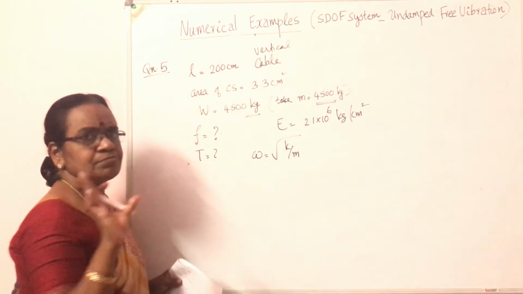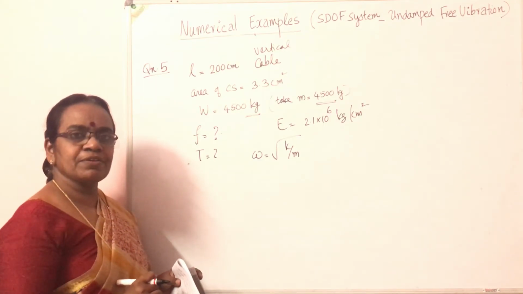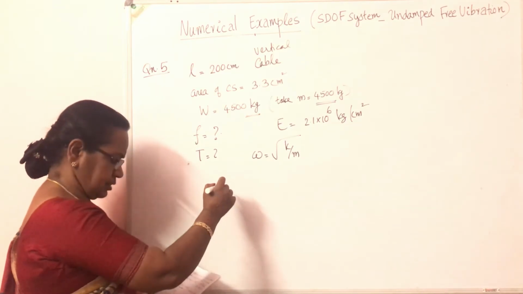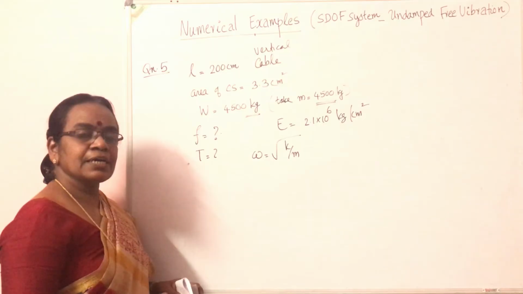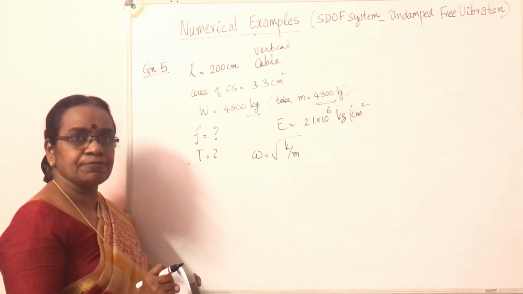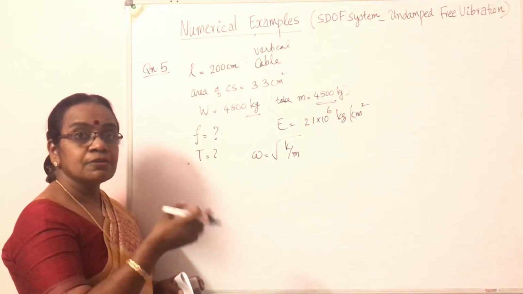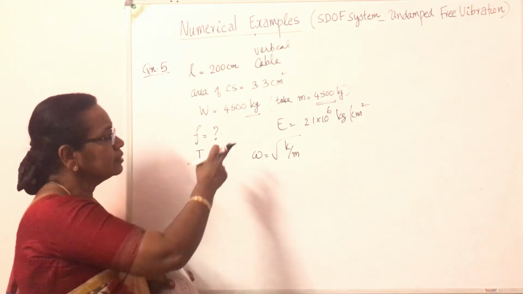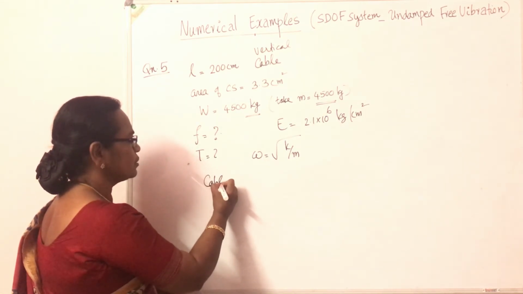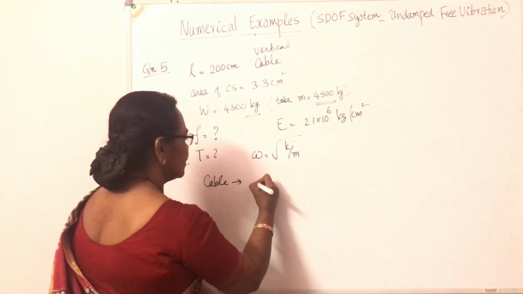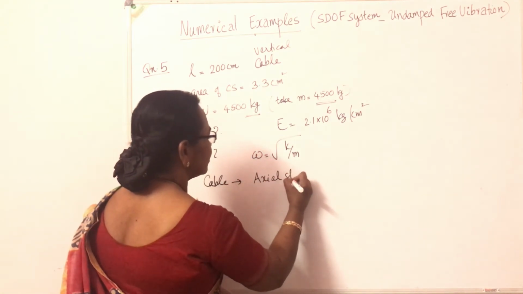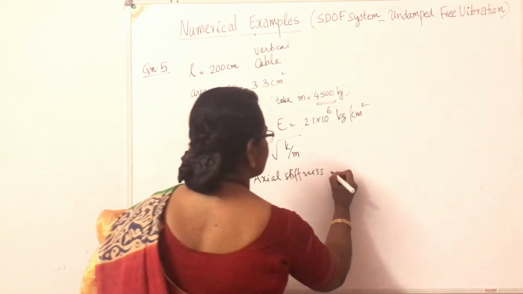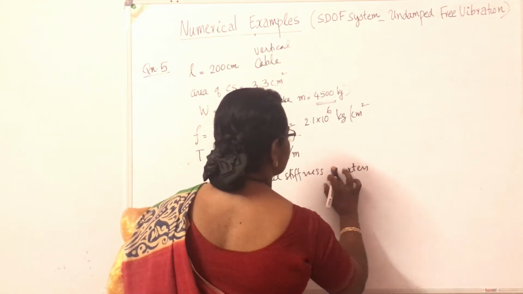There is only one expression throughout this dynamics to find the frequency. Omega is equal to root of K by M. So K is the stiffness. So a cable is set to vertical vibration. A cable will be having only extensional stiffness. In the case of beams and frames, we have the flexural stiffness or bending stiffness. It undergoes bending deformation. Here, the stiffness of a cable, when it is subjected to an axial load, is the axial stiffness, or it is called the extensional stiffness.